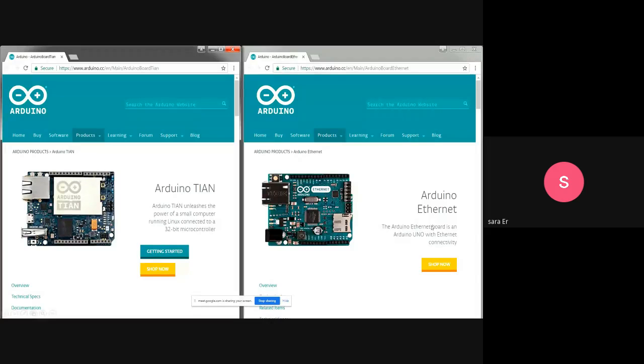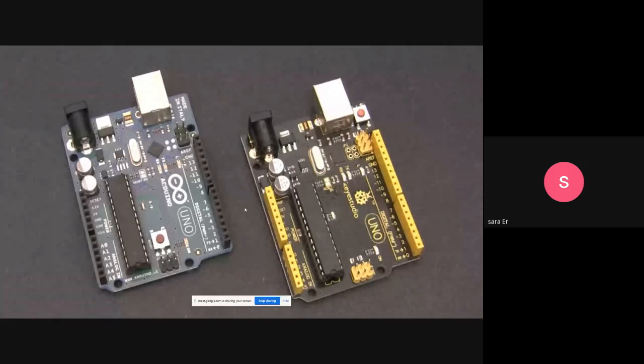Arduino Ethernet, which could connect to the internet and do such operations wirelessly via the internet. There are two different Arduino modules: one that is made in Italy, and the other is a case study.